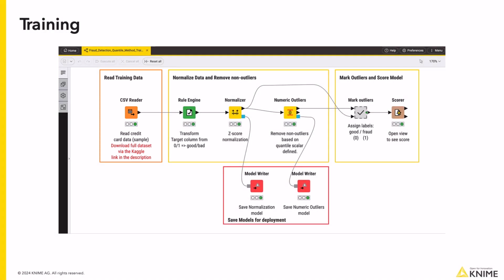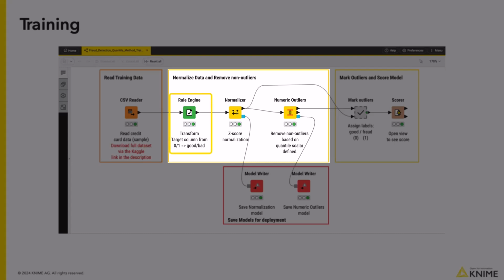We do some minor pre-processing where we change the target column from 0 or 1 to the relevant meanings of good or suspicious. We apply z-score normalization on all the numeric columns to help standardize the scale of the features in our dataset, and it also helps in identifying outliers better. Now, here's where we remove our non-outliers. You may wonder why we remove non-outliers, or the typical transactions. This is because we are training a model on the outliers, or more accurately,